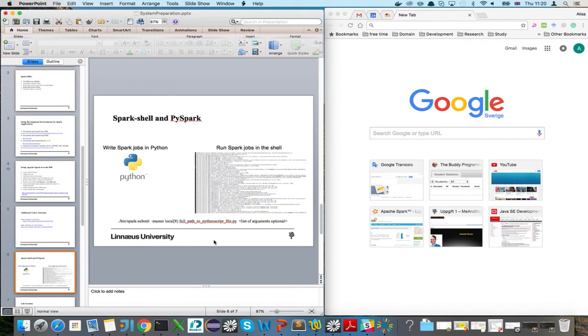So to use Spark, we will use Apache Spark that is provided by the Spark framework. So we will write Spark jobs in Python. And then in order to run the application, we will use the shell and the spark-submit script provided by Spark, with the following command. But to start, we first need to set up Spark locally, and need to download